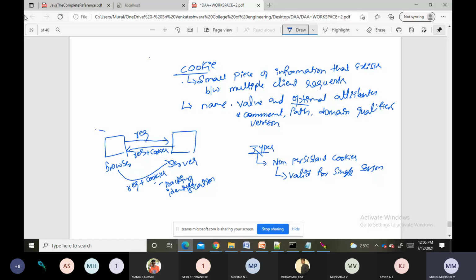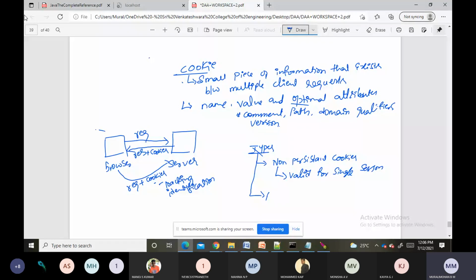Now these non-persistent cookies are valid for a single session. Whereas the next type is persistent cookies.